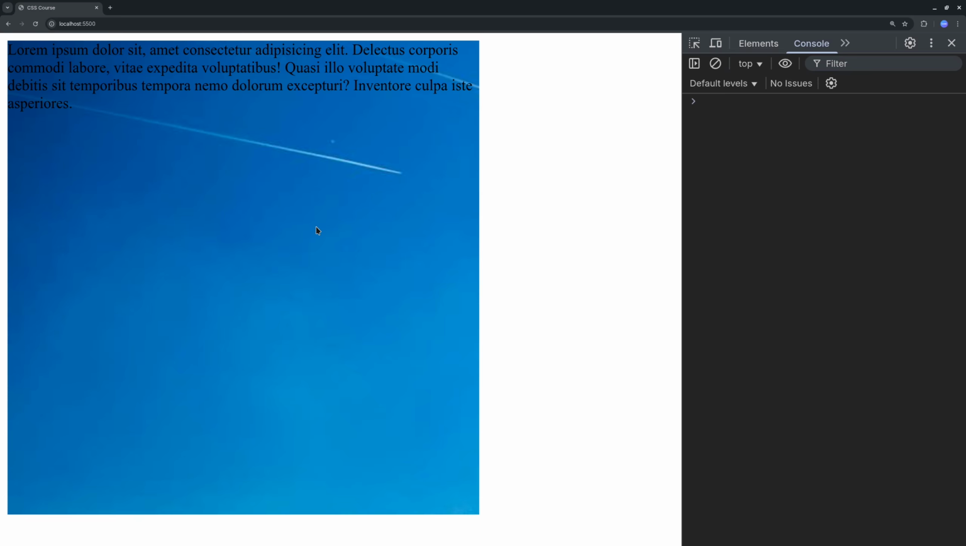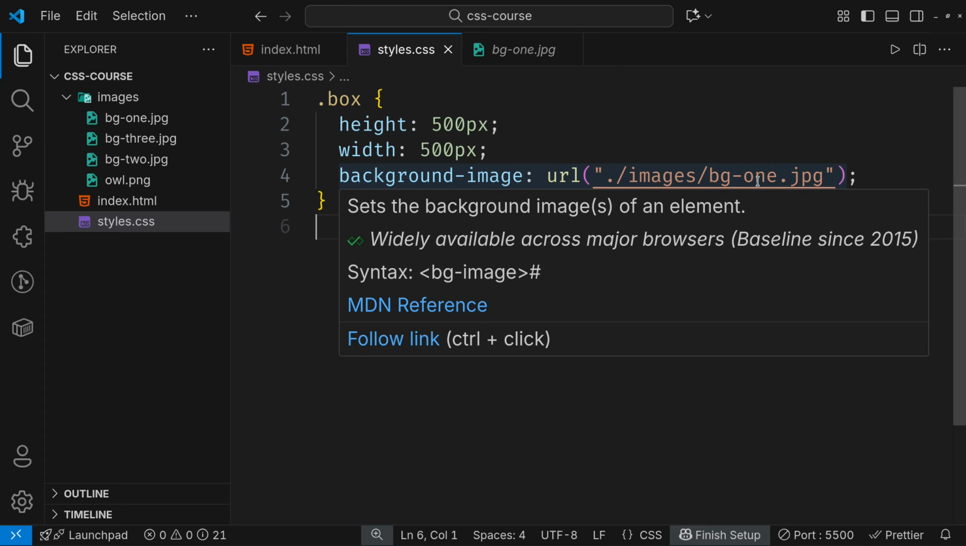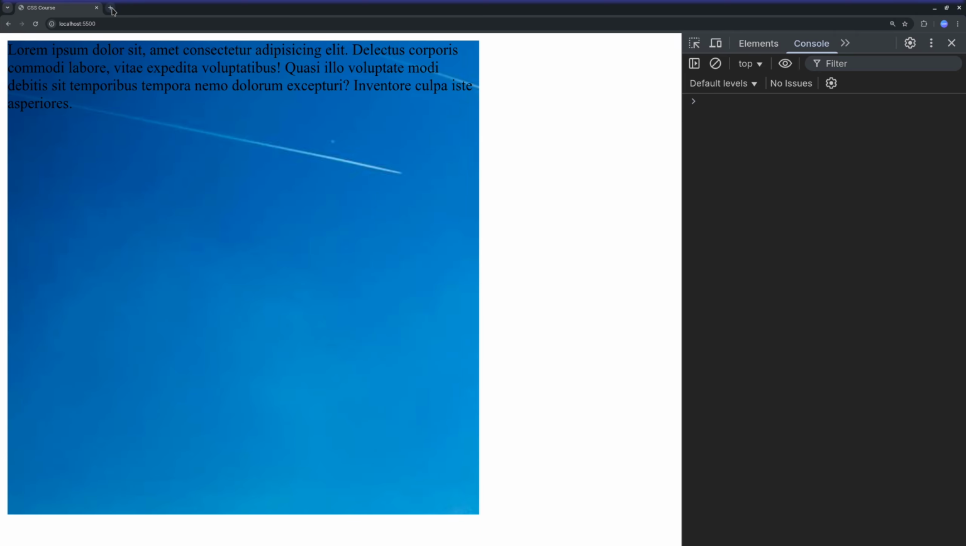Now one other thing which I want to show is this URL. It doesn't have to be a relative URL. What do I mean by that? This URL can be the URL of an image which is hosted online, and I will show an example of that. So if I just go to Pexels,